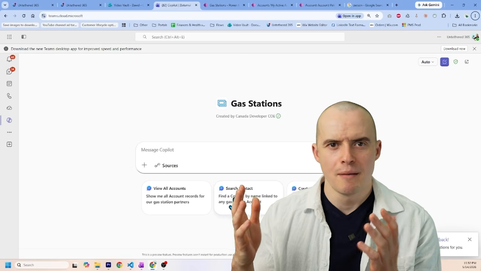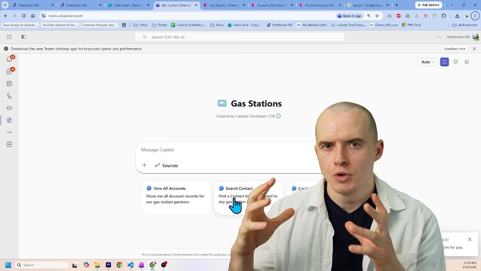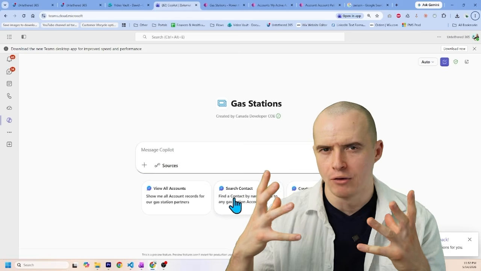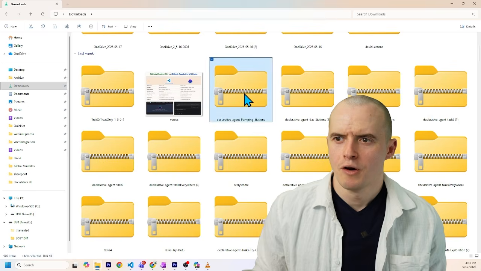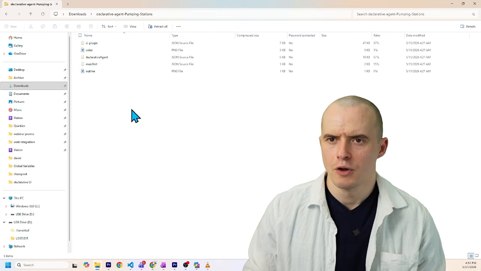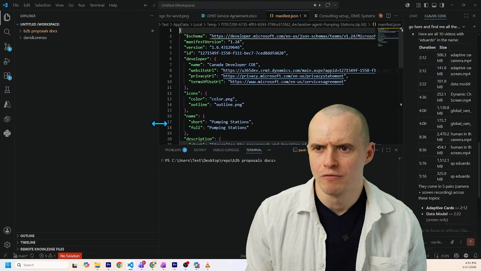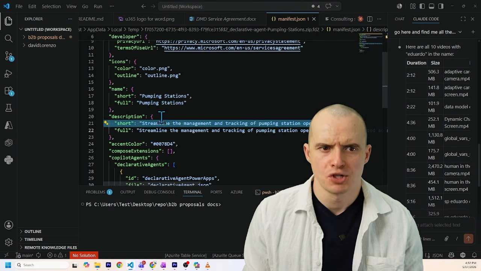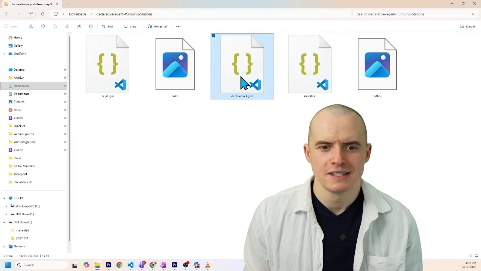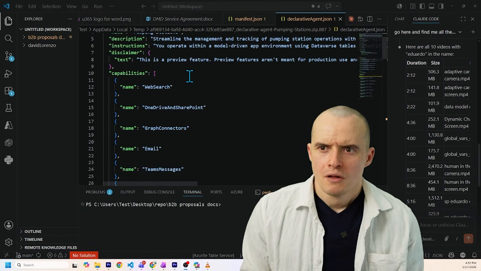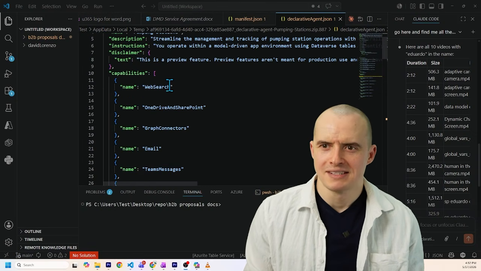Now, before I demo this app we just made, we should go explore that zip file. Like, what exactly did it make for us? Well, if we open up that zip file, we're going to notice a few different files in here. The app manifest isn't that helpful: app name, app description, whatever. But if we open up the declarative agent right here, we see all of these capabilities it has, such as,